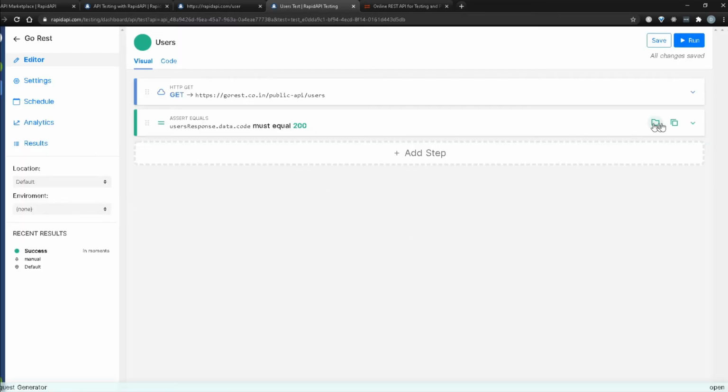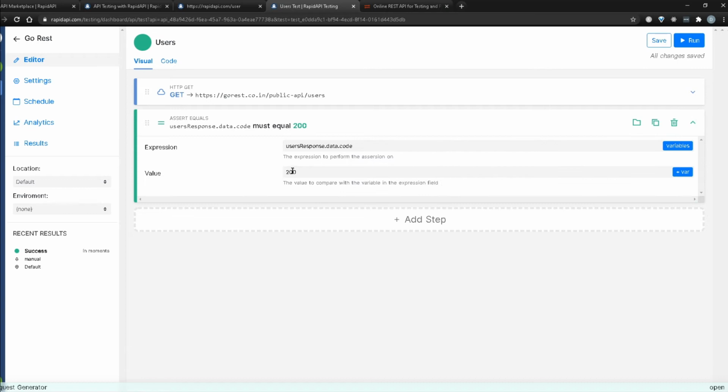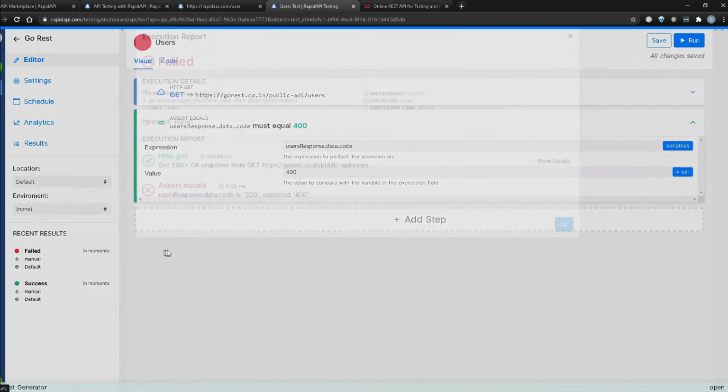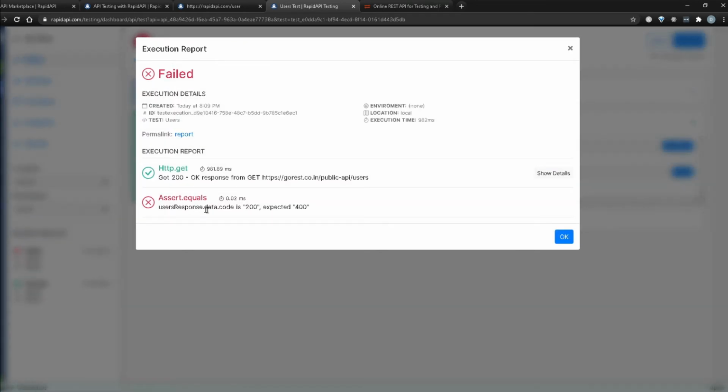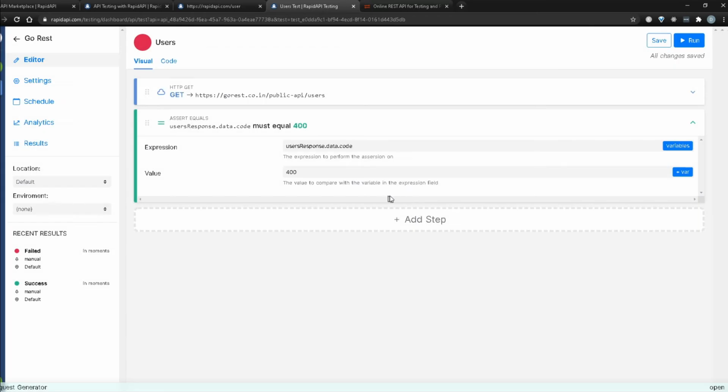Now, just to make sure our test fails and we can verify that this assertion is working, I can change the 200 to 400 over here. And if I save and run again, this time it will fail. There you go. Yep, it failed. It's saying the data code is 200, but we were expecting it to be 400. So at least we know that our assertion is working. This is pretty good. And really quickly, you just got a response back. You know what's working and what's not working. So I'm going to save it here, won't run it again.